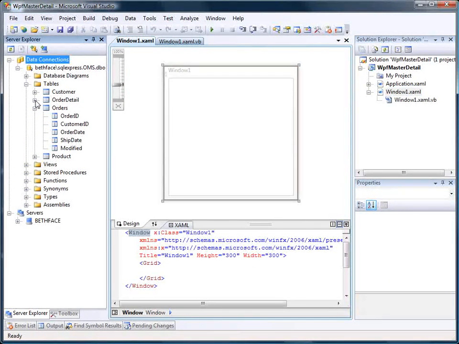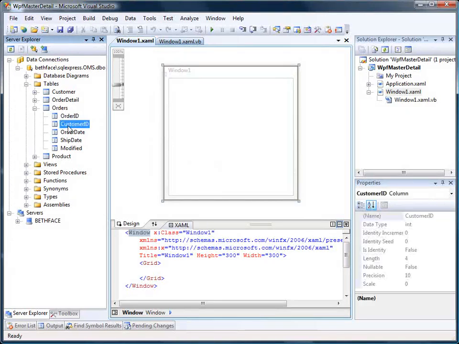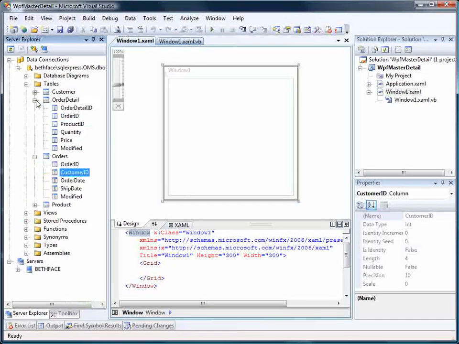In the last video, I showed how you could create an editable grid using a list view control. We're going to build upon that technique so that we can edit the orders and their related order details in tabular style or grid style on this single window. We're also going to want to display foreign keys like this customer ID, and in the order detail, this product ID. Instead of having the user enter a meaningless key here, we want to display a list of customers or a list of products. So the first thing we're going to need to do is access this data in the